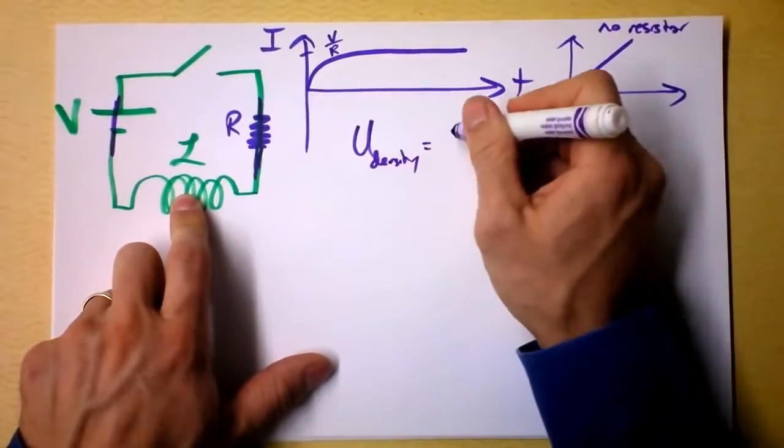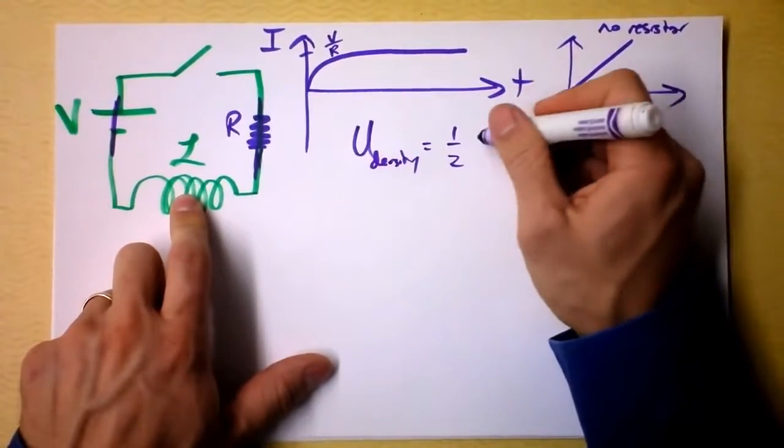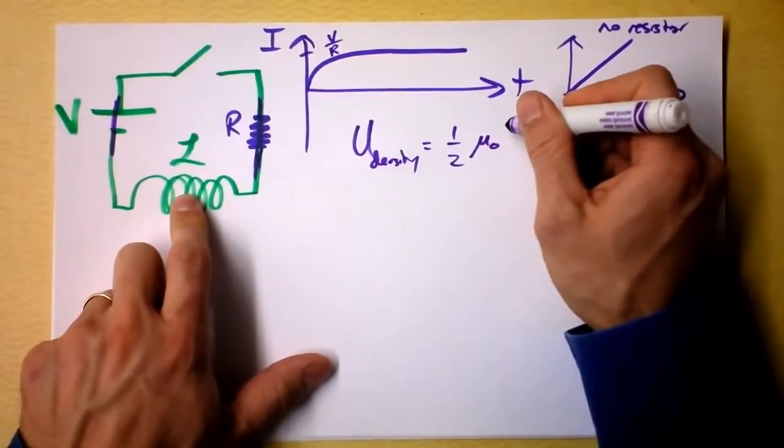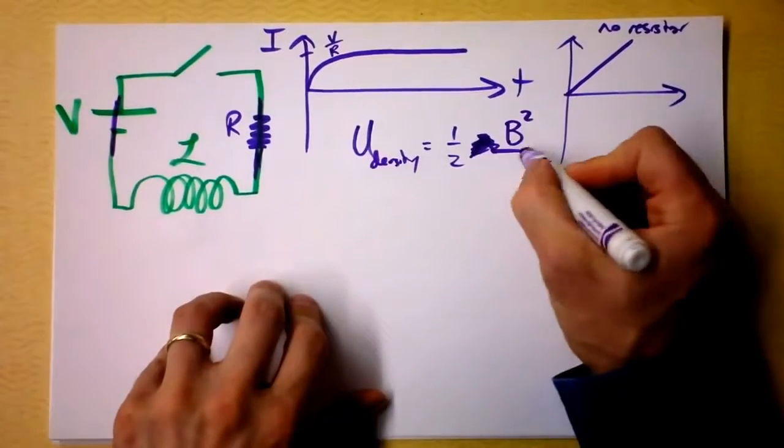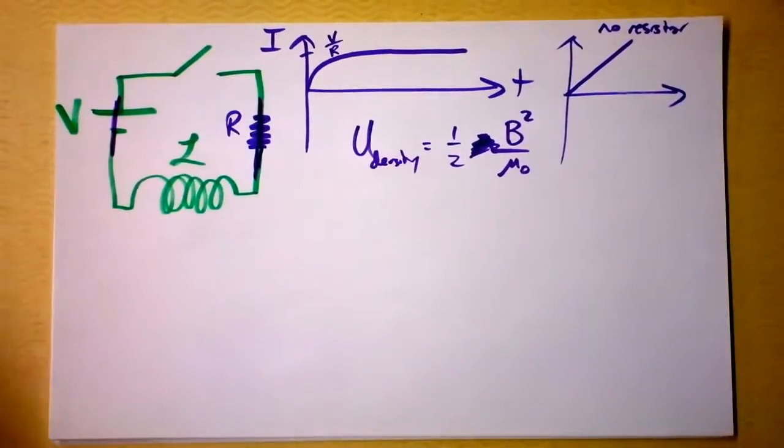in the inductor would just be 1/2, what do you get? 1/2 mu naught times the magnetic field squared. It's probably down in the denominator. Let's put mu naught in the denominator. All right, then